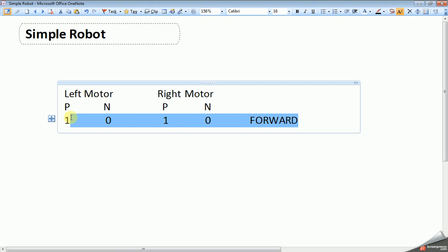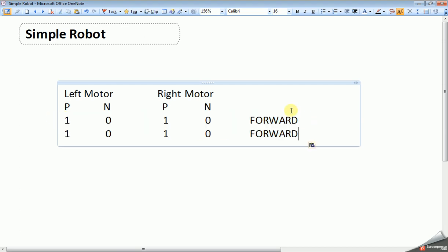Suppose I want the robot to move backward. Then the logic will be 0 1 for the left motor and 0 1 for the right motor.